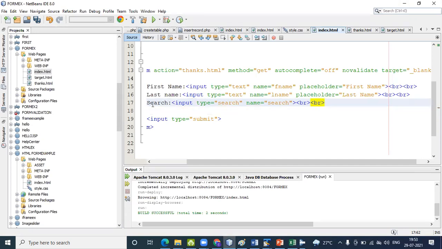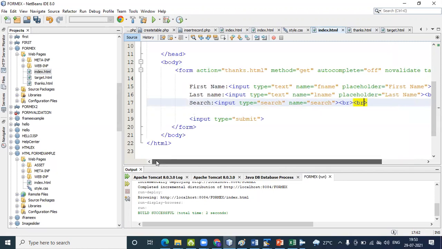Then we have to pass another tag. Suppose I pass here date of birth.